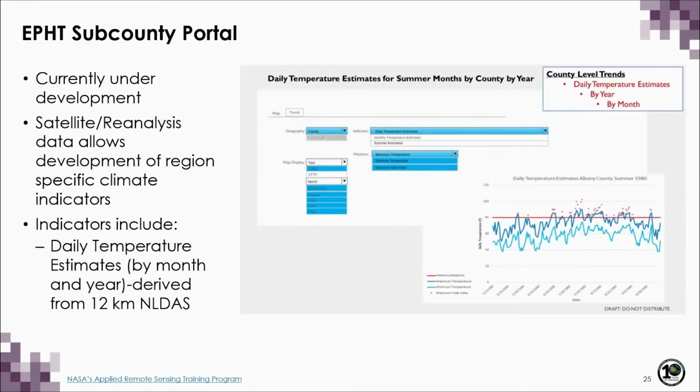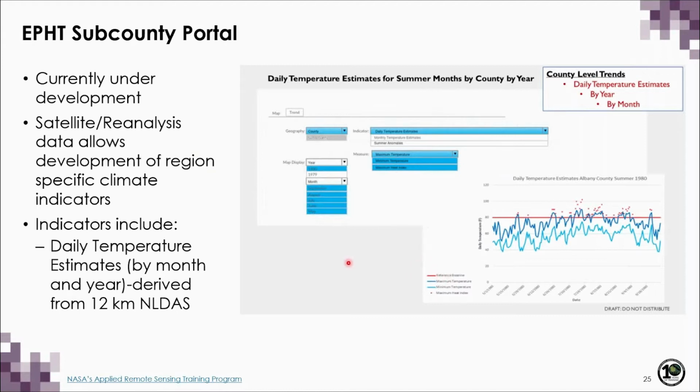So that includes some heat-related data. And we are currently developing or enhancing this portal to generate some data displays that will allow people to generate the figures and download the associated data on demand.